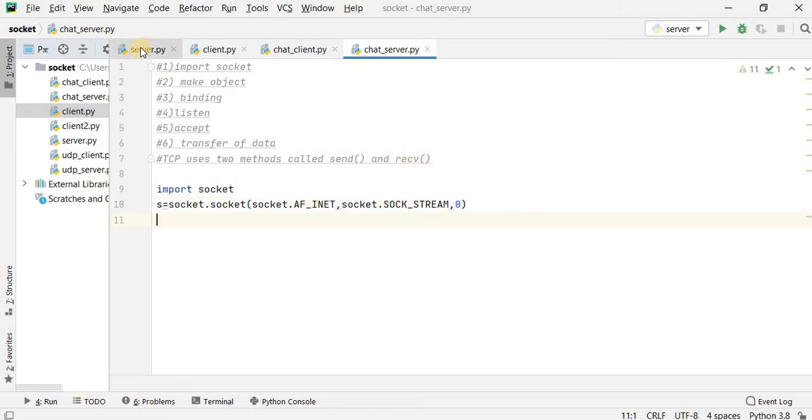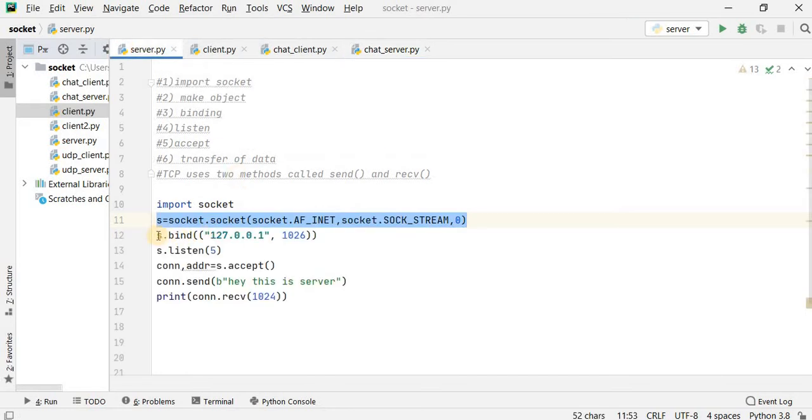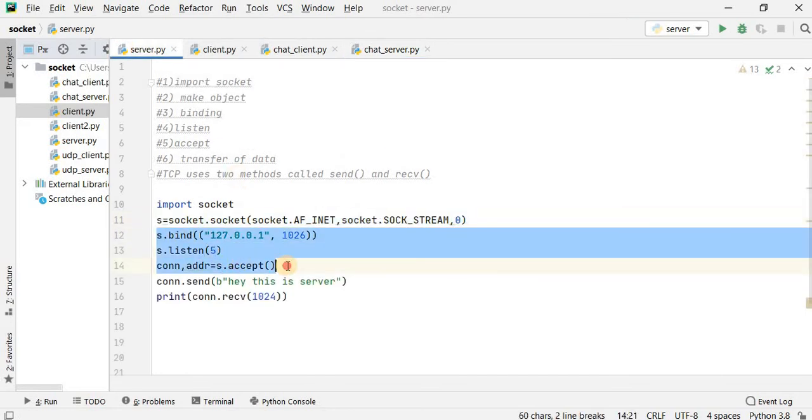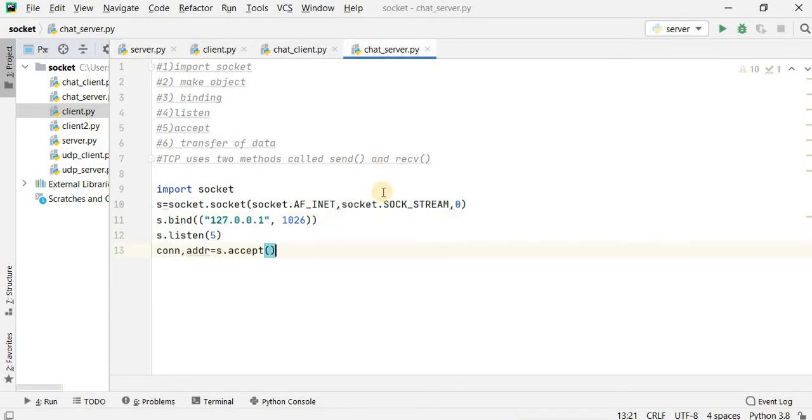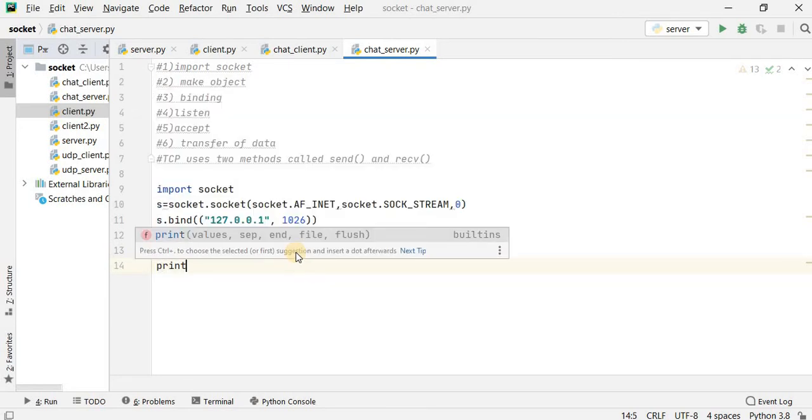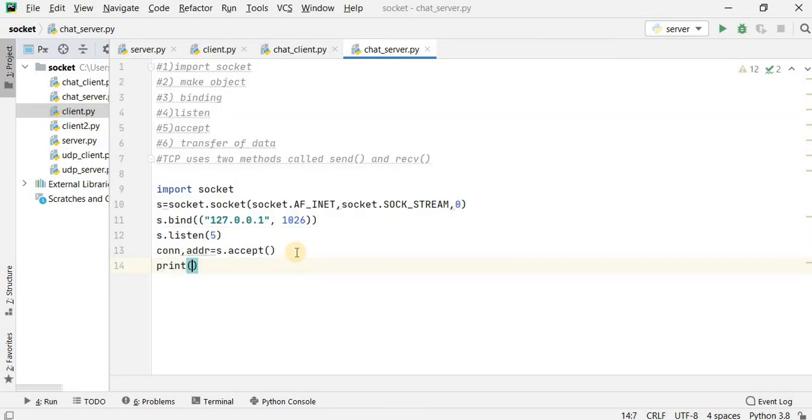Then binding. For the binding, the same procedure you have to do: binding, listen and accept. After that, I just want to print the message, that print got connected from, and ADDR.